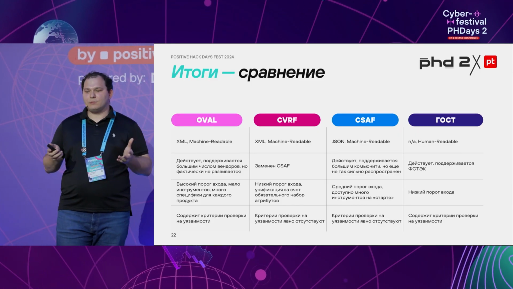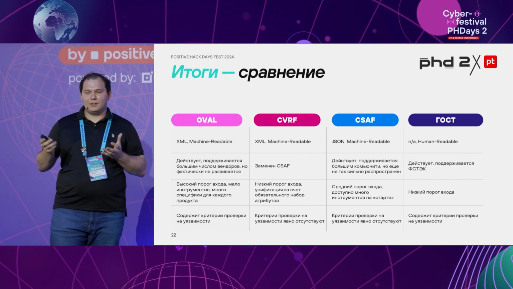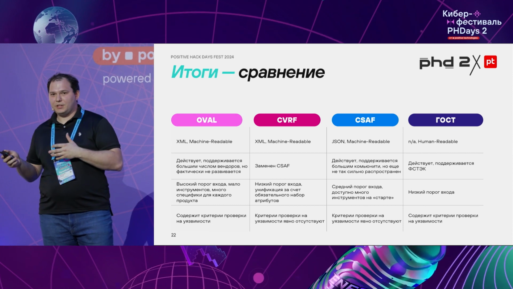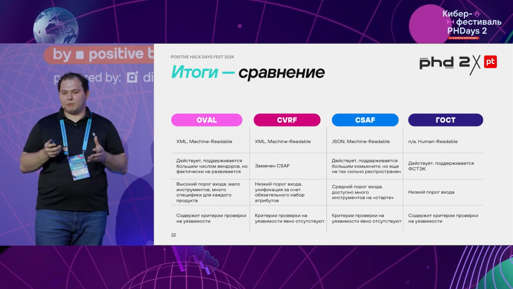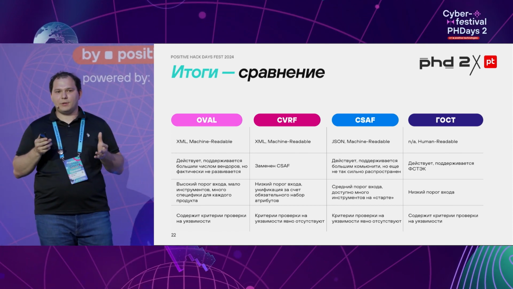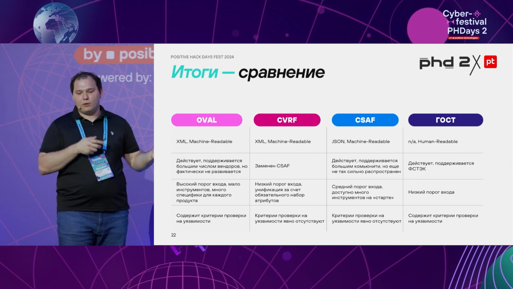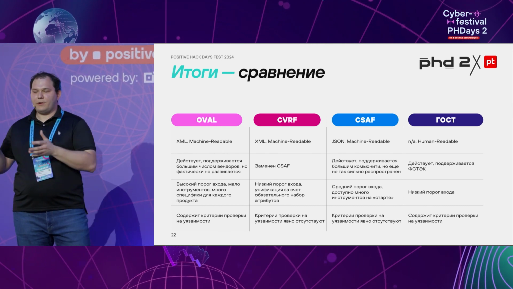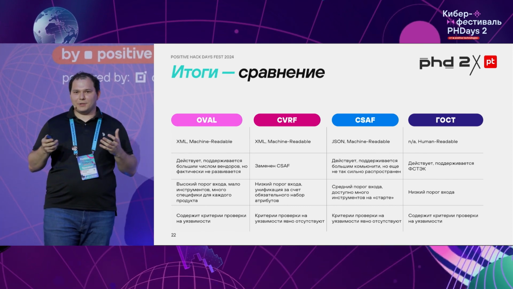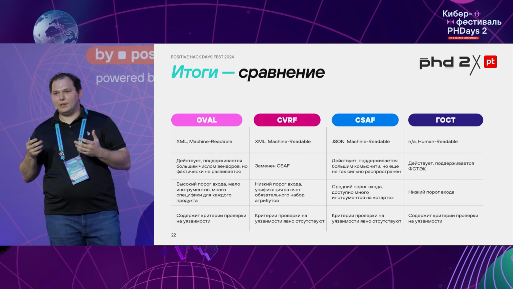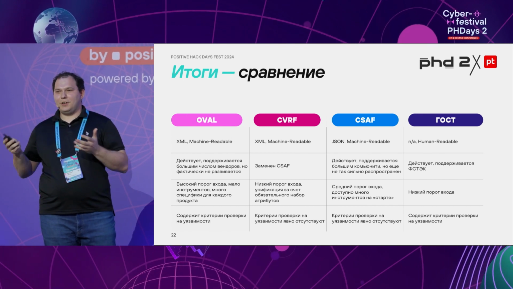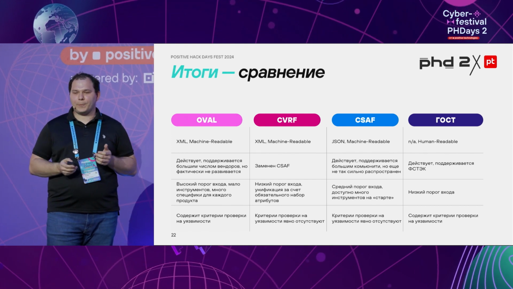Okay, the results. If you've been following me closely, you might be surprised by the fact that we are comparing different formats. And why do we compare them? This is quite straightforward. We are dealing with the data provided by the vendor. So it used to be OVAL, then CVRF, then CSAF, and so on. And it doesn't really matter which format was used by the vendor to provide information on the vulnerability. What we need is just some information. We don't want to be there